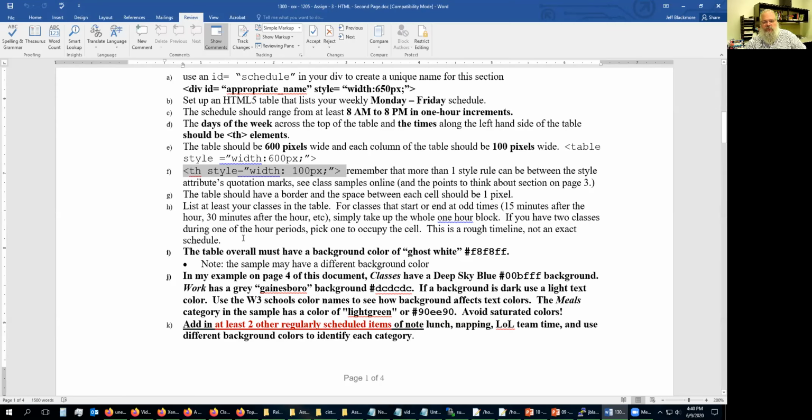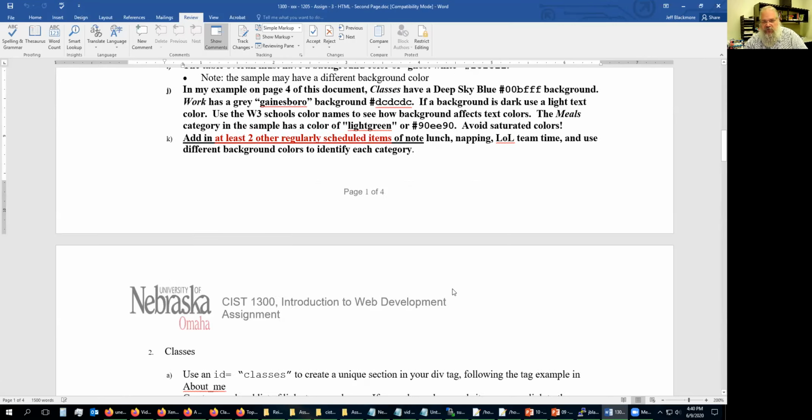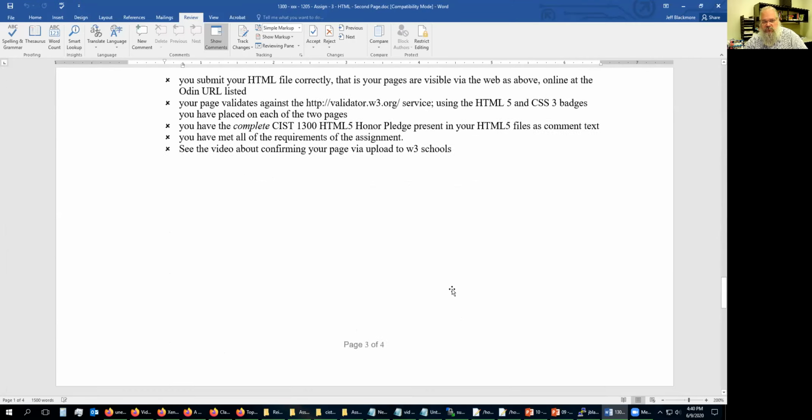If you have 2 classes during one of the hour periods, pick the one to occupy the cell. We don't care about really exactitude here. What we're looking for is just the fact that you know how to create the table, populate the table, and then use a little bit of inline CSS to make it look cool, to make it look better than just black and white. On page 4 of this document, and that's all the way down here, of course,